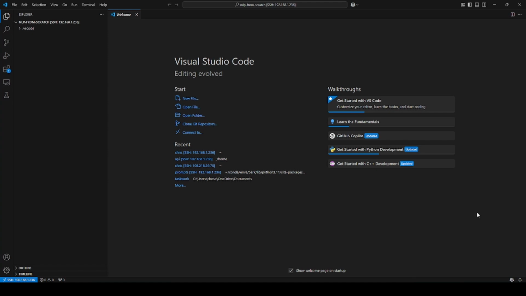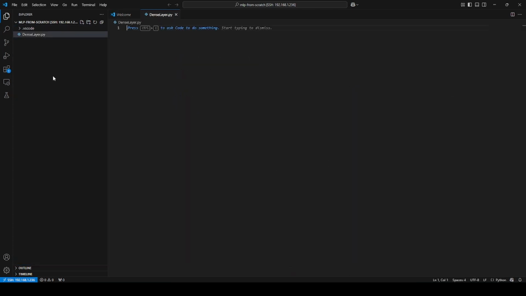So the first thing we're going to work on is the layer class itself. For that, we'll go ahead and start a new class called DenseLayer. The reason we're calling it dense layer is that in a neural network, a dense layer is one where every neuron in it is connected to every neuron in the layer before it and the layer